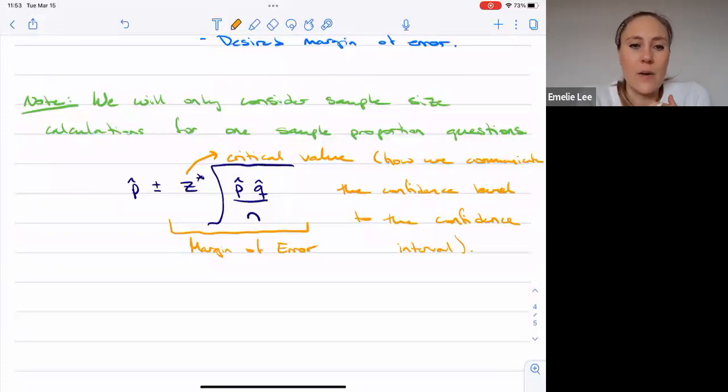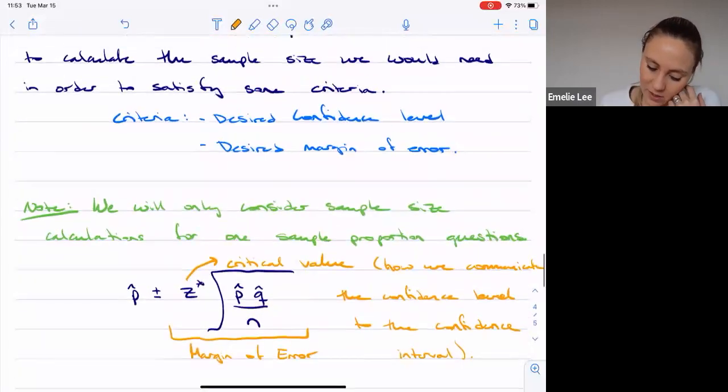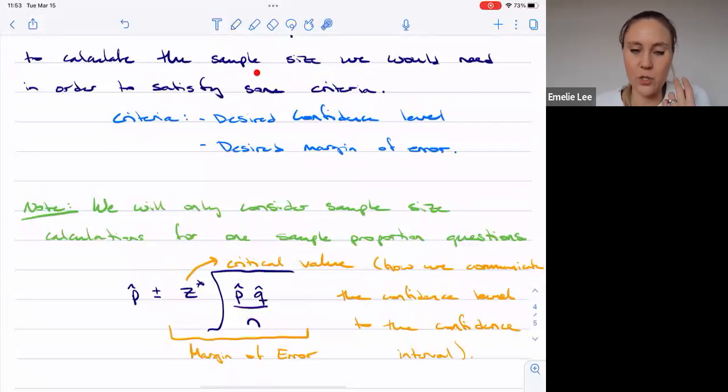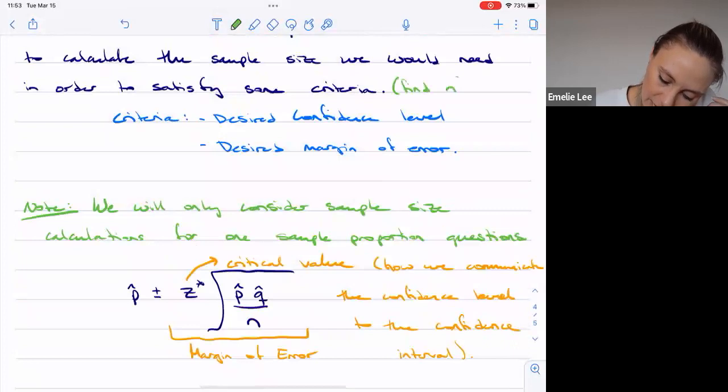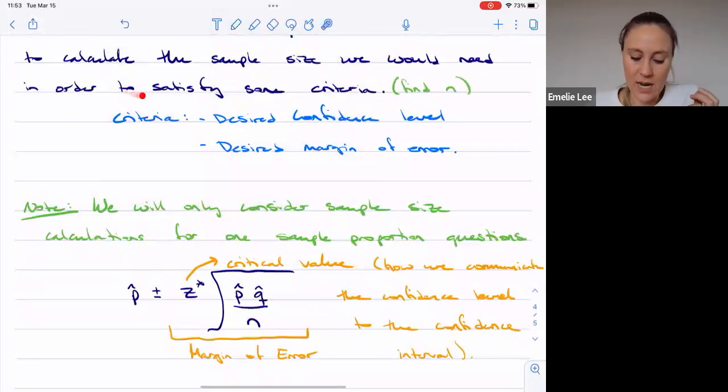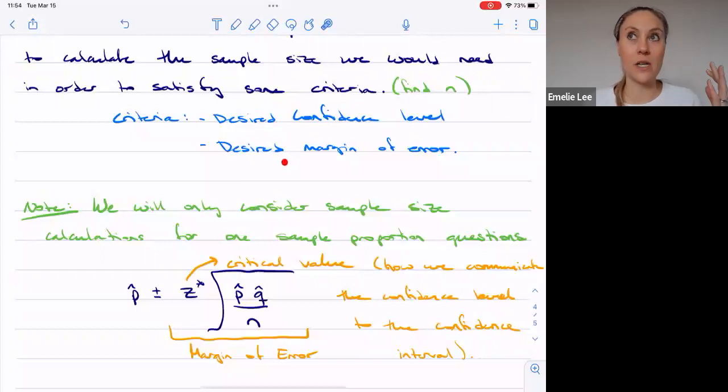So, let's see here. So we've got some margin of error. And so remember, we're going to try to calculate the sample size we would need. So solve for n. So find n, right, in order to satisfy some criteria. So we have some desired confidence level. So I want to report a 99% confidence interval, right? And I have some desired margin of error. So I want my margin of error to be 0.01, for example, or 0.03 or 5%, which would be 0.05,